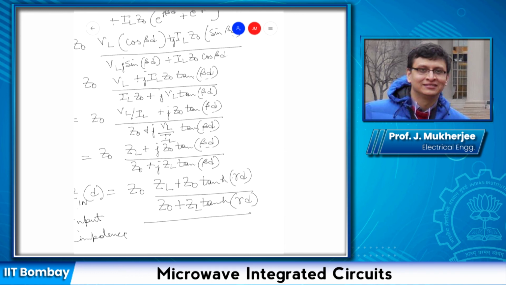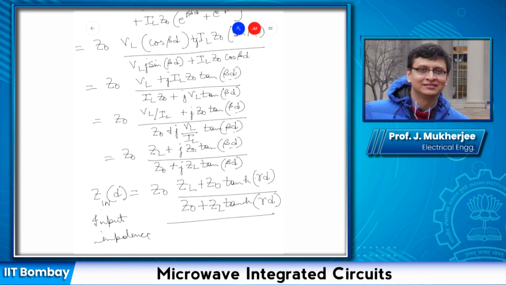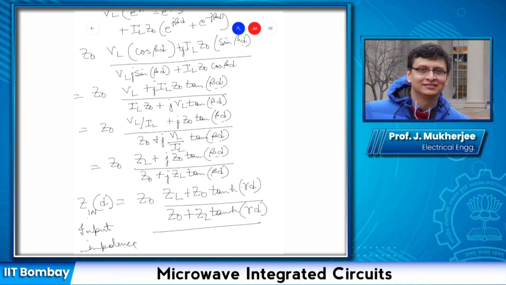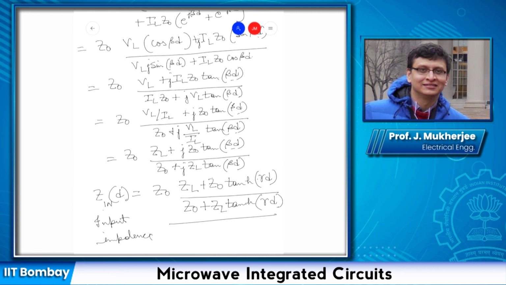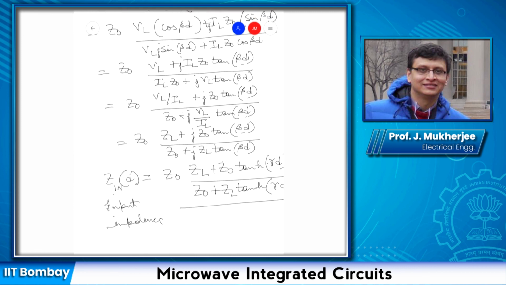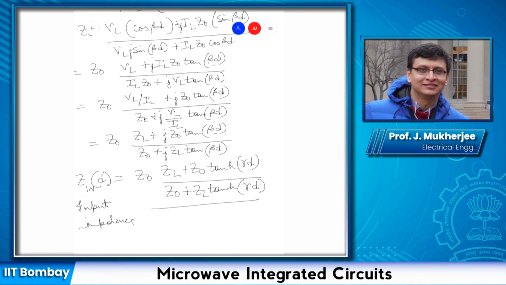We note that as the distance increases from the load end, it's not that it goes on monotonically increasing or monotonically decreasing. It's actually a periodic function because of the tan function. d is completely within this tan function. So it is periodic